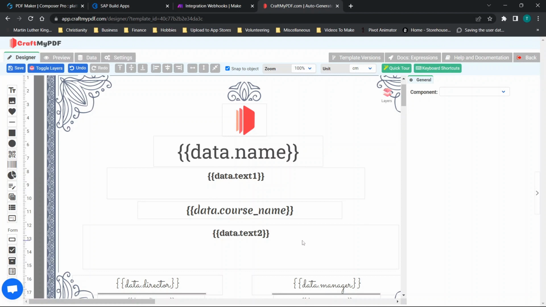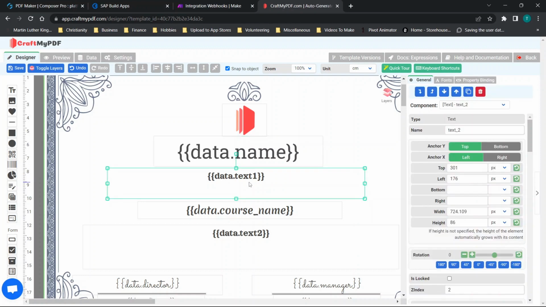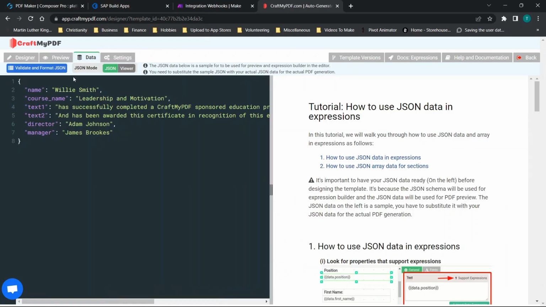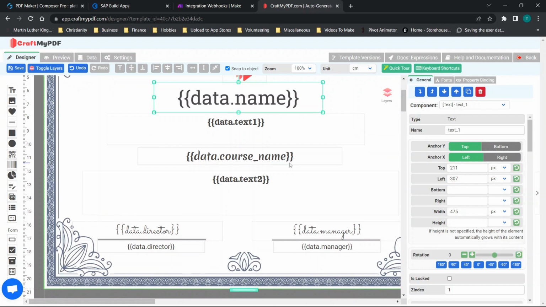So if you're confused about how this works, all you really need to know is each of these boxes is like a text box. So what we're doing here is we are setting this up by having double brackets, data dot name, and double brackets. We're saying fill this with whatever data we get. So to help it make more sense, you'll see we have data.name, data.text1. If we go to the data tab, we have name, text1. We also have course name, text2, director, manager. And you'll see down here, we have course name, text2,